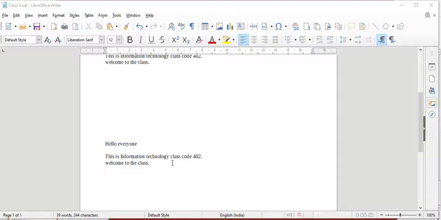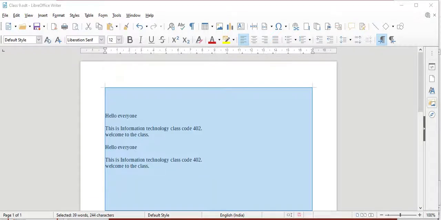If you want to select the whole document, just press Ctrl A and your document will get selected.